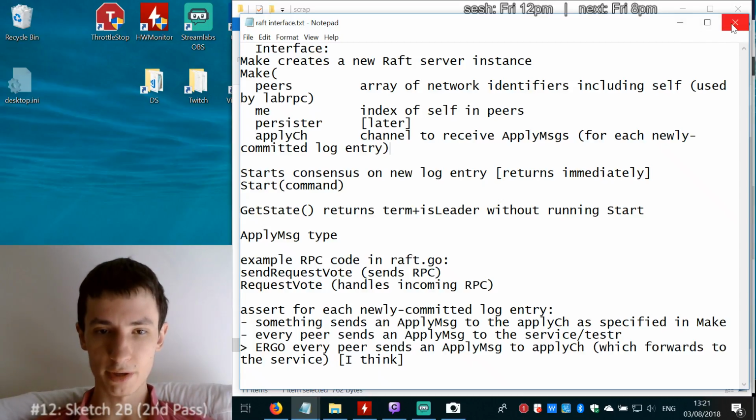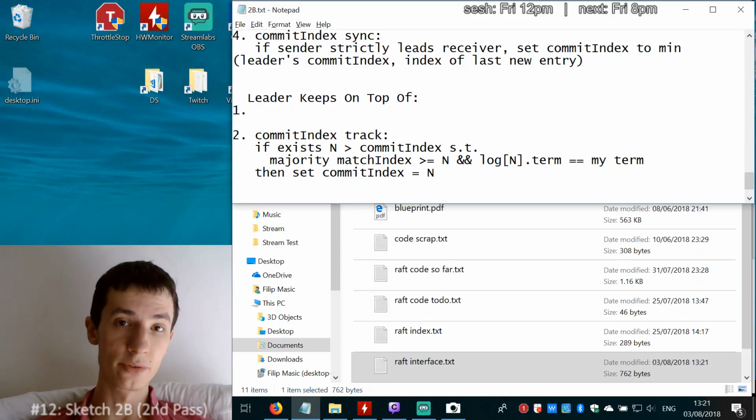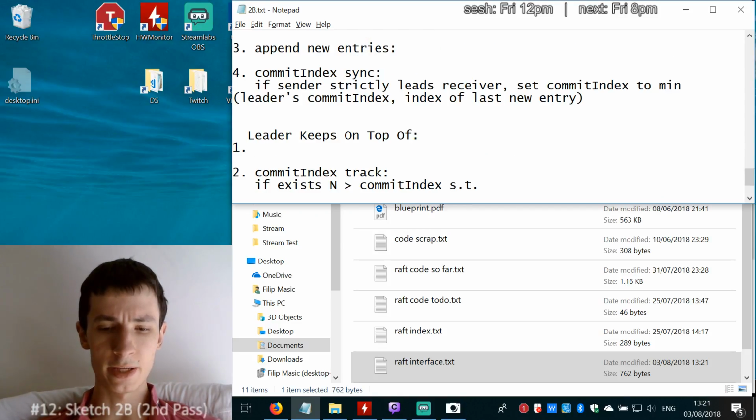But to not digress too far, what I mean is that apply is the final step. We're done with this piece of data. Raft is finished with it, and the service that uses it can then pick it up. And as you can see from the blueprint,